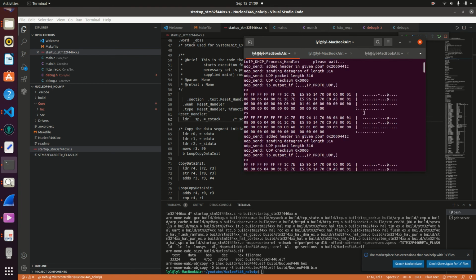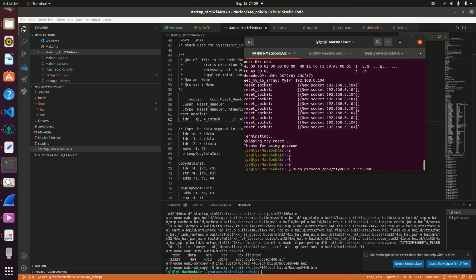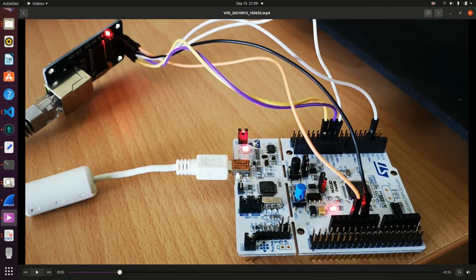Here, I'm going to explain why we're using this one. The reason is this board here. This part is the STLink actually. This STLink